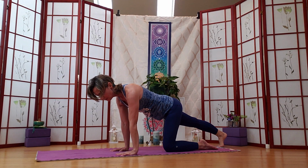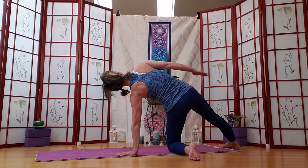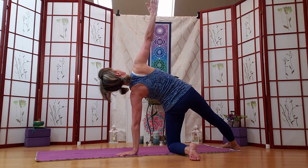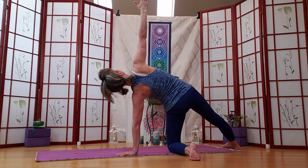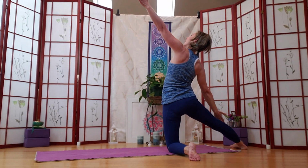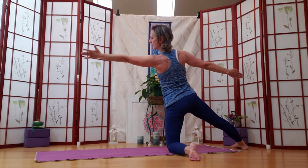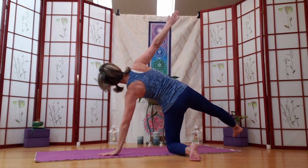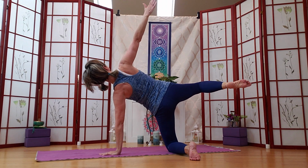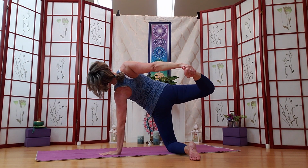Both toes are going to pivot, the left toes are going to pivot, and the right heel comes down as the right arm goes up for modified side plank. Energy's reaching out, lifting the torso up, stretch it, reach the arm, left arm reaches up, coming back down, let that left arm come down, the right leg is going to lift, bending the knee, finding the right foot, opening the heart one more time, take a breath, breathing in,